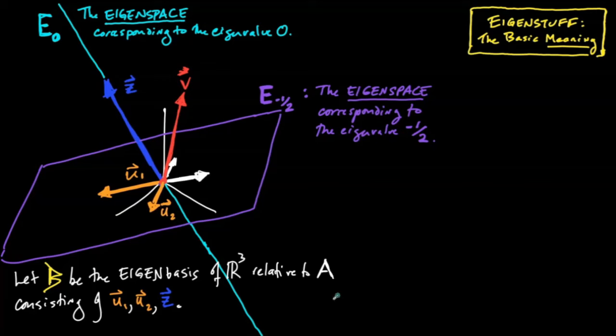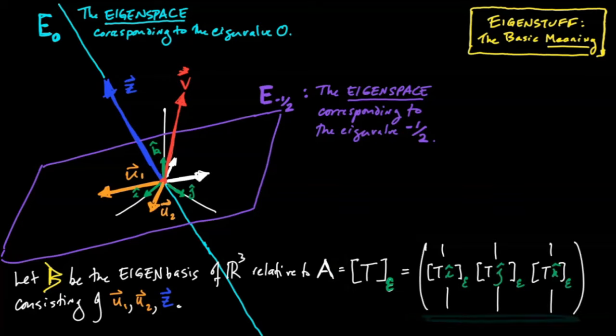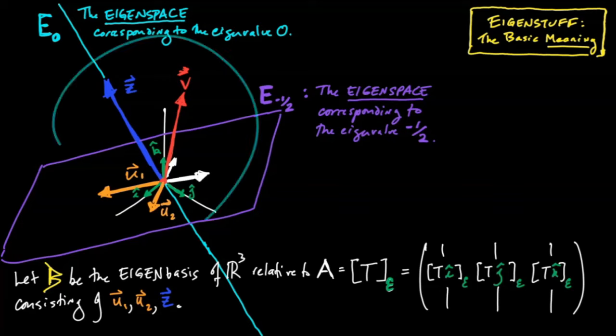I'll show you what I mean. Let's suppose that our matrix here, A, was the matrix representation of some linear map T relative to the standard basis, whose vectors I have just drawn in here in green. Good old i hat, j hat, and k hat. Now we know from our previous work in chapter 6 what this matrix would look like. It would be a 3x3 matrix whose columns are the images of the standard basis vectors expressed in standard coordinates. But figuring out what those look like numerically would be impossible given the information I have in my picture. We could maybe make a very crude estimate, but it would be a pain.